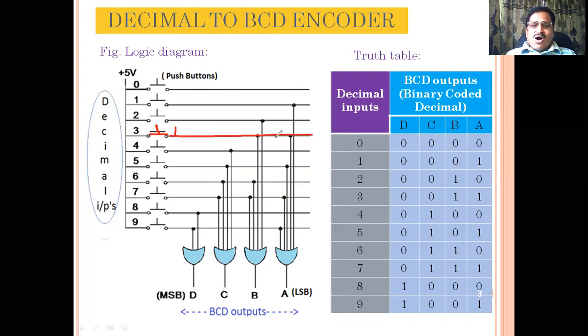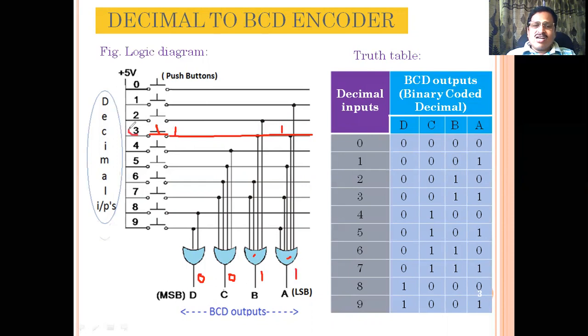Now if you observe, the connections are made here for OR gate B and OR gate A from the decimal input 3. But for the remaining 2 OR gates, there is no connection from this line. Therefore, their output remains at 0, 0. Now, in case of OR gate D having the input from 3, which is at logic 1, its output can be raised to logic 1. Similarly, the OR gate with output A, one of its inputs is decimal 3, which is at logic 1. Therefore, it also produces output at logic 1.